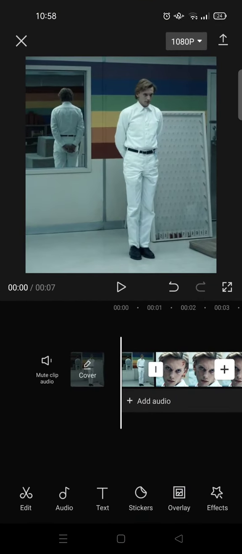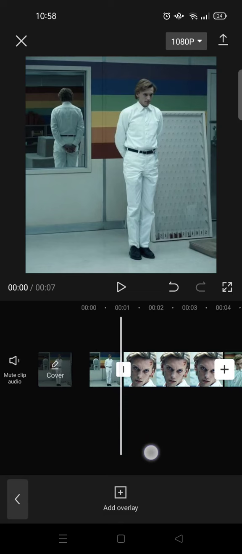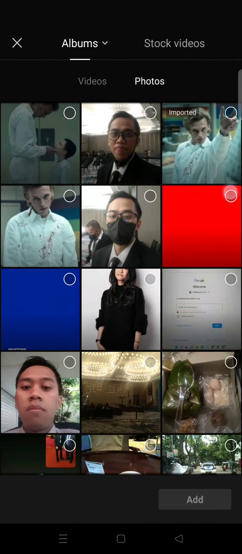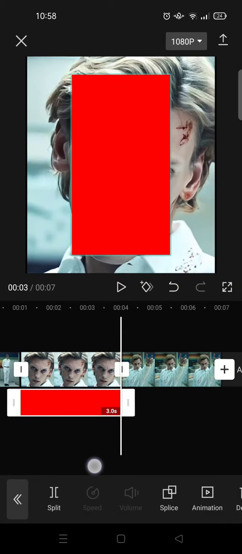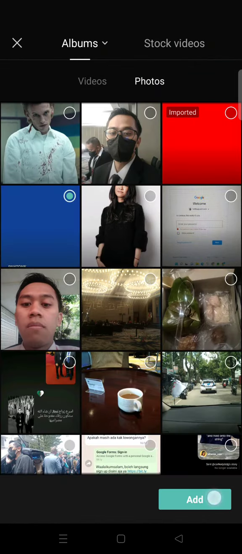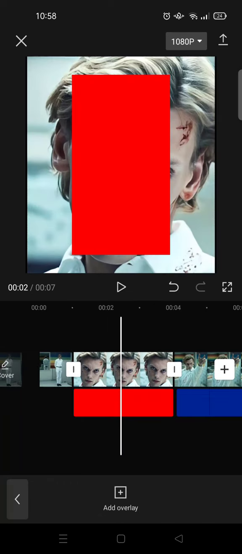So for this, I prepared 3 photos, but you can also use videos if you want. Then you need to find and prepare blue and red photos and import them as overlay. So here I'm going to click on add overlay, and I'm going to put it in the second and the third photos. So for the second I choose the red one, and then for the third I choose the blue one. Okay, so let's click on the overlay and then adjust the size,